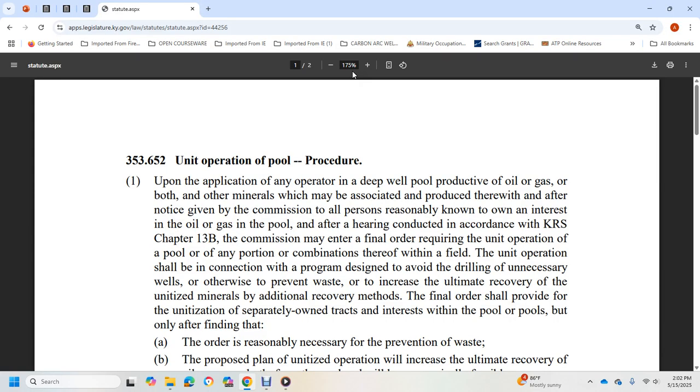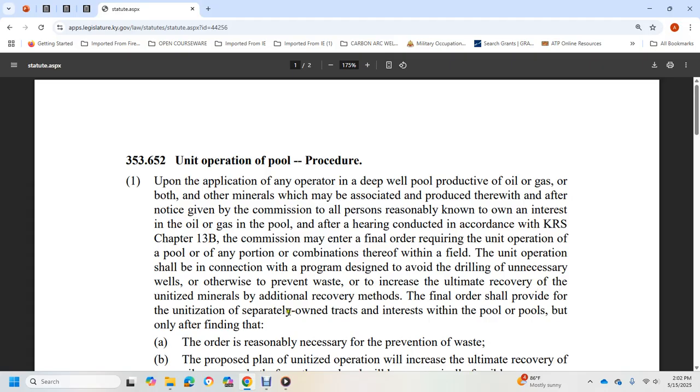and all persons reasonably known to own an interest in the oil and gas, after a hearing conducted according to Kentucky Revised Statutes Chapter 13B, the Commission may enter a final order requiring the operation of the pool, or any portion or combination thereof, as a unit operation in connection with a program designed to avoid the drilling of unnecessary wells, otherwise prevent waste, and increase the